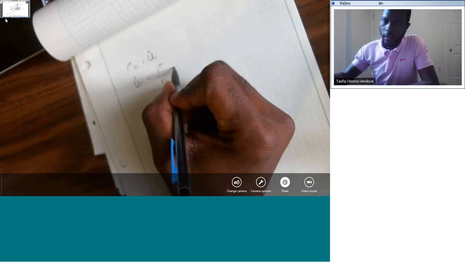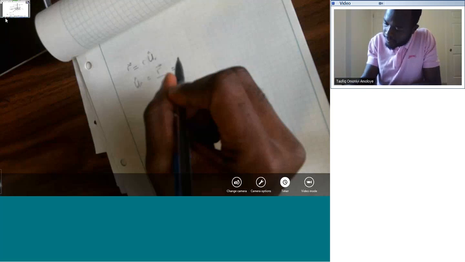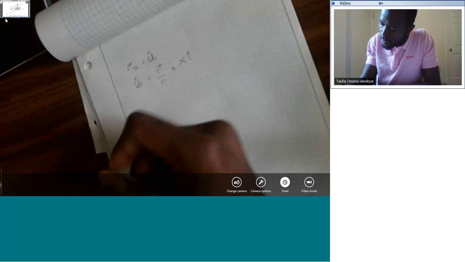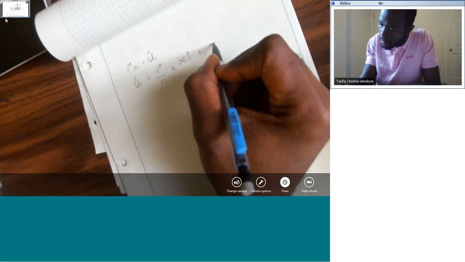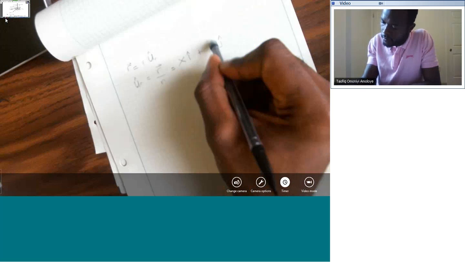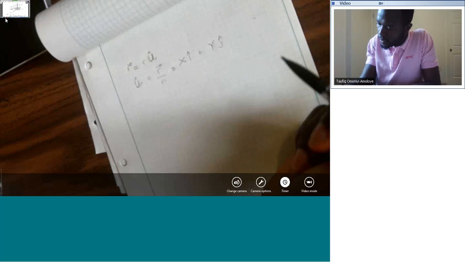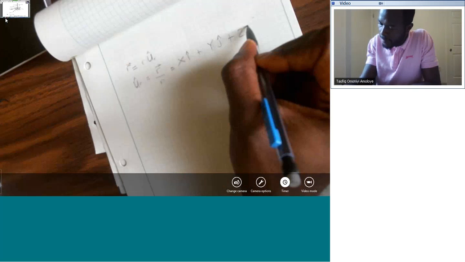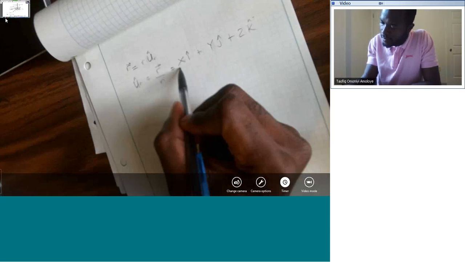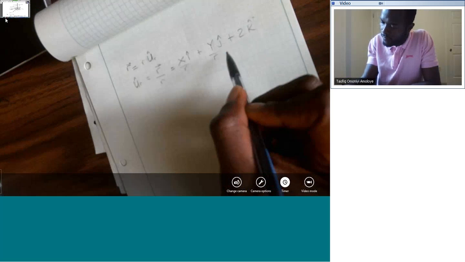So if you have the vector to be, in this case, x I kappa plus y J kappa, that's supposed to be capital Y, plus z K kappa. All we have to do is just divide by the magnitude of the vector so that